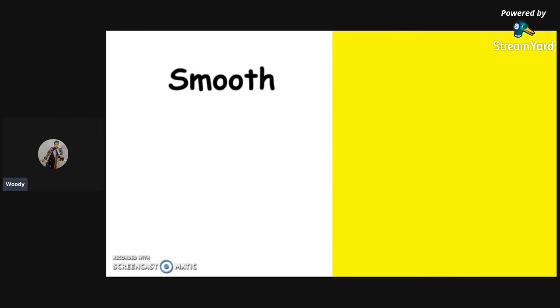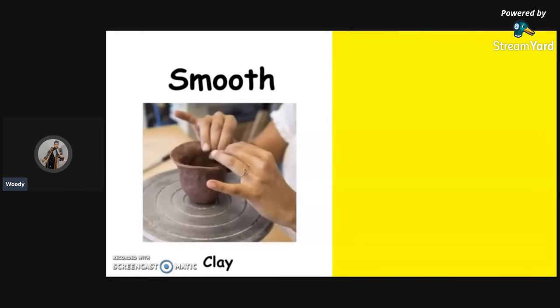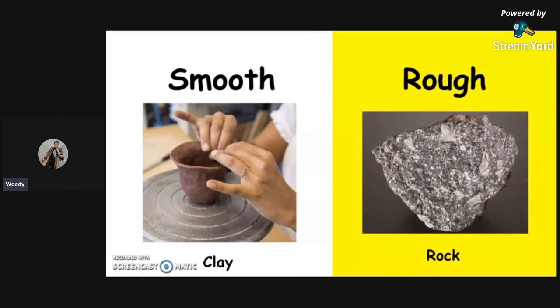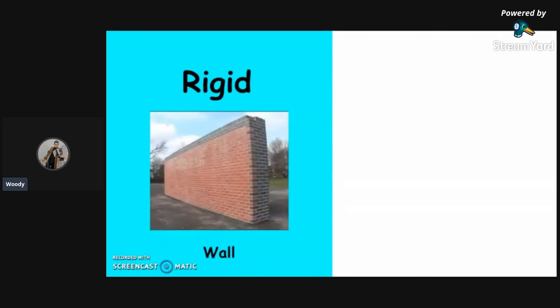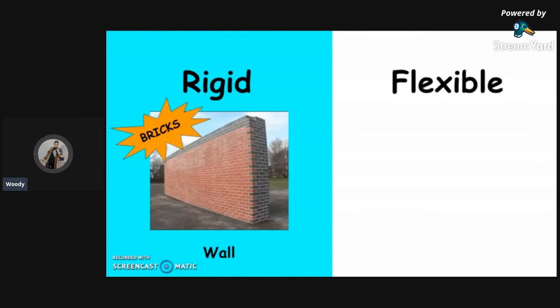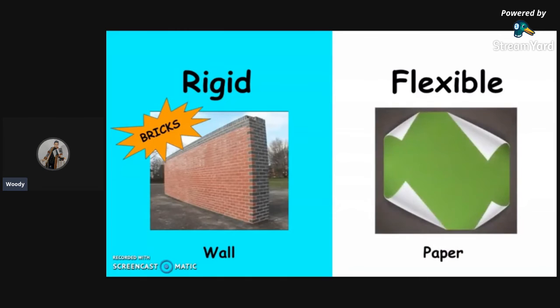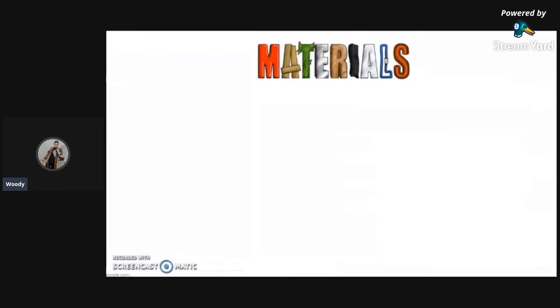opaque. Some materials are smooth. Smooth. Like พูดตามหน่อย smooth. Like the clay in Other making materials pottery. are rough. Rough. Like rock. Rock. Some things are rigid. Rigid. Wall. Like the wall, panang. Rigid. Made from bricks. Are rigid. Other materials are flexible. Flexible. Like this paper is It is flexible easy to move, like rubber flexible เหมือนกันนะครับ